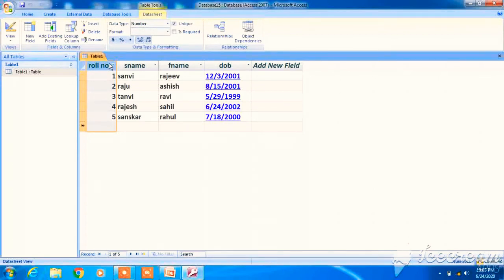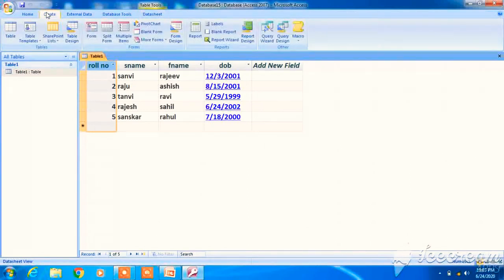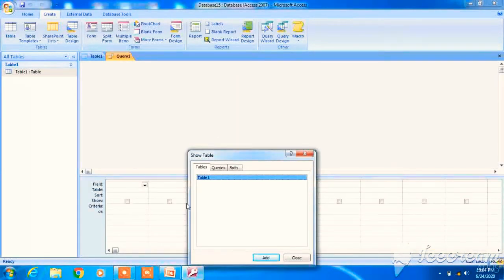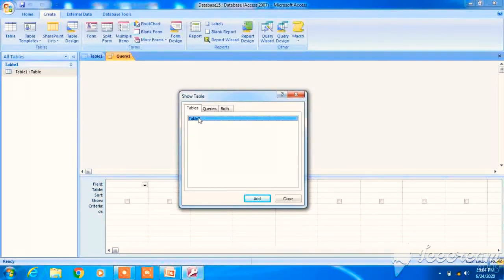Now let's recapitulate the first thing, that is query. How to do that? Go to the Create option. Next, here you can go to Other and select Query Design. In Query Design you will select Table 1 and click on Add.